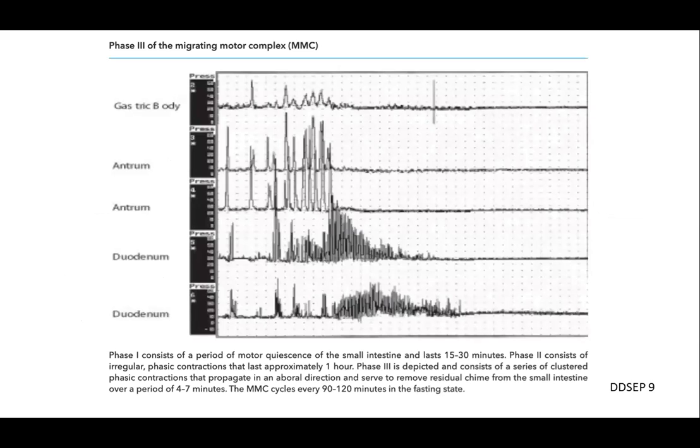So if you were to do manometry or manometric studies, where you're measuring pressure waves, this is what you'd see. This is the actual phase 3 contraction. So phase 1 and 2 are not denoted here. But you'll see in the gastric body, and as you move distally in the GI tract to the antrum and the duodenum, a self-propagated pressure wave that's going through. So this actually is occurring.